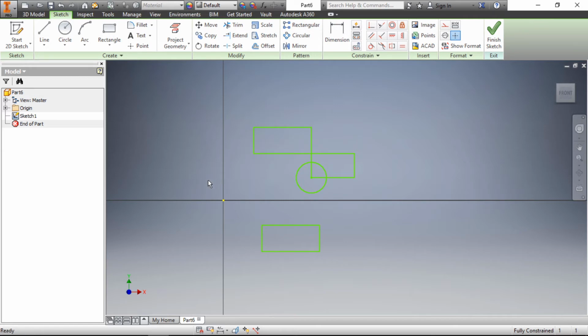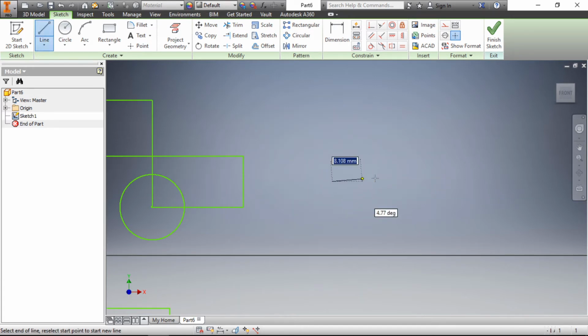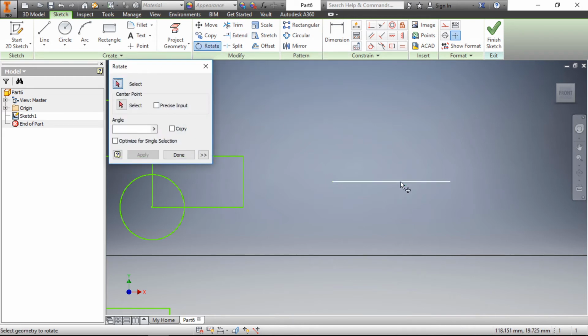Let me introduce another modifying feature. Create a line, select the first point and another point and then OK. I have drawn one horizontal line. If I wanted to rotate it by some degree, then go to the rotate command in the modifying tab and select this line. Now here you can see the center, the point from which you wanted to rotate. So select here and select the point of rotation. You can select this point or this end point. I will select this point for rotation.